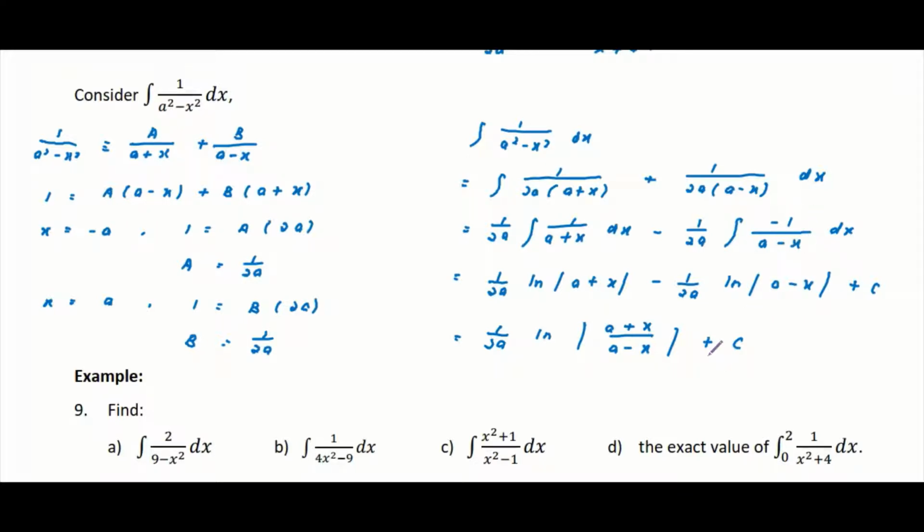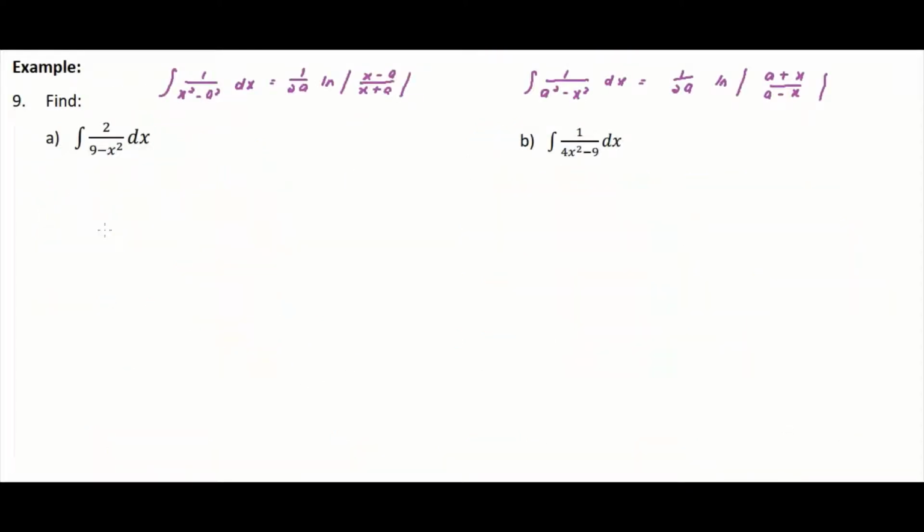Okay, so now let's look at example 9 here. Let's try to do the integral. You must make sure that when you use this formula, the coefficient for x squared must always be equal to 1 only. That's the thing you should check, and then the numerator must be 1. So for a here, it's very simple. What we need to do is the factorization. So take out the 2,